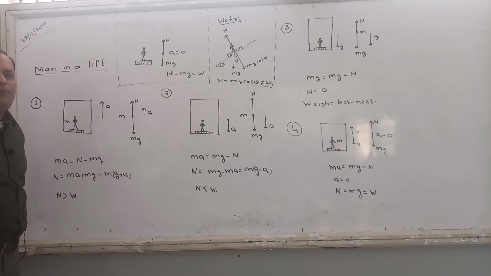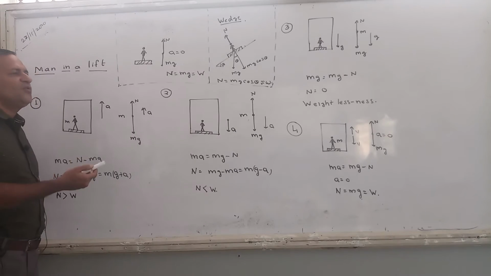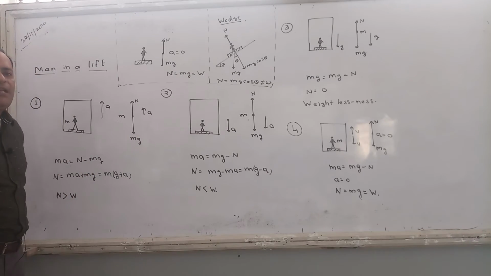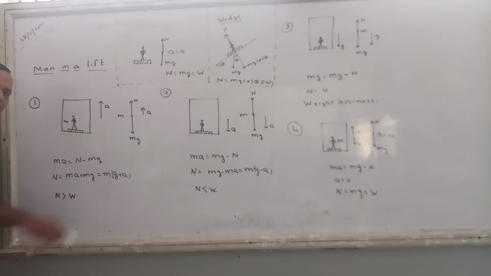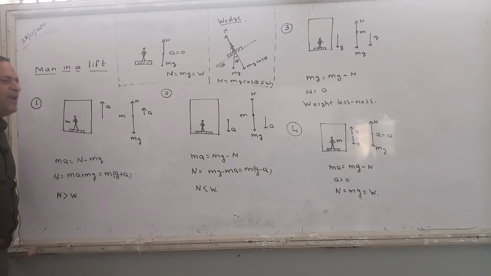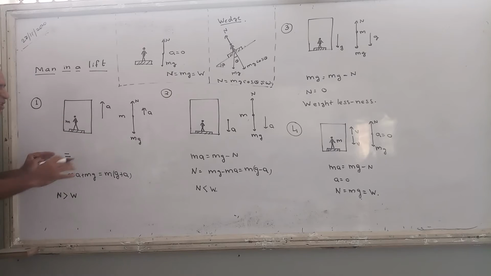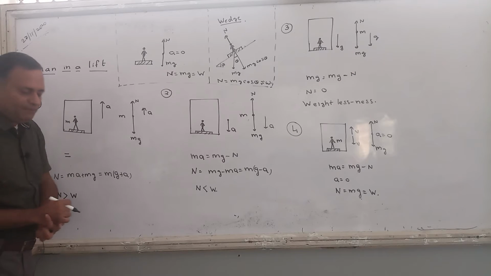Free body diagram. Now how is the free body diagram useful? From the free body diagram we can make equations. Now see how an equation is made from the free body diagram. First you have to write an equality sign. On the left hand side you are going to write the net force on the person. Net force is always equal to ma.